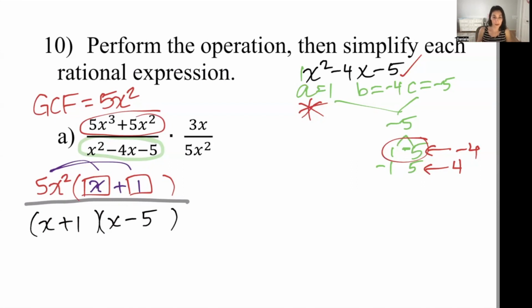Okay, so now we took care of the first fraction. The second fraction, okay, so I'm going to write times. Now you have to ask yourself, is this factorable? A little hint: whenever you have just one term, there's nothing you can do. Both of those are monomials, or one term, so nothing you can do there. So I'm just going to copy that down. Okay, so now it looks a little busy, so let me take that out. Now that we have factored everything,